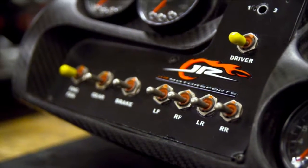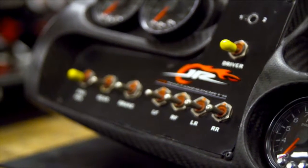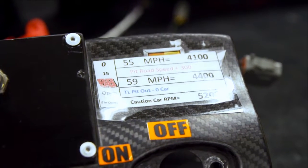And then we're also one of the only series that doesn't have a pit road speed limiter. So we have all that by RPM. You try to